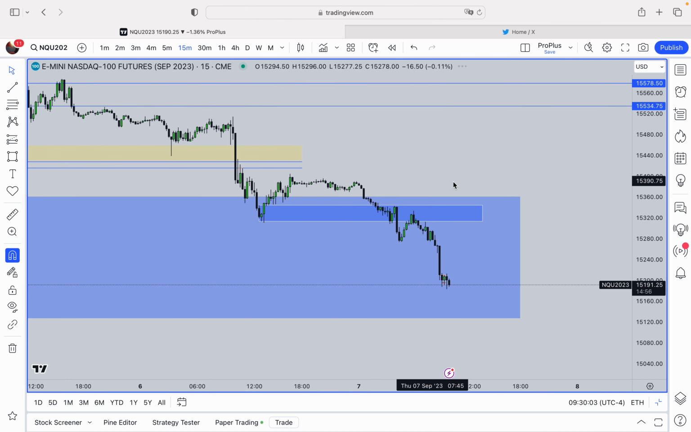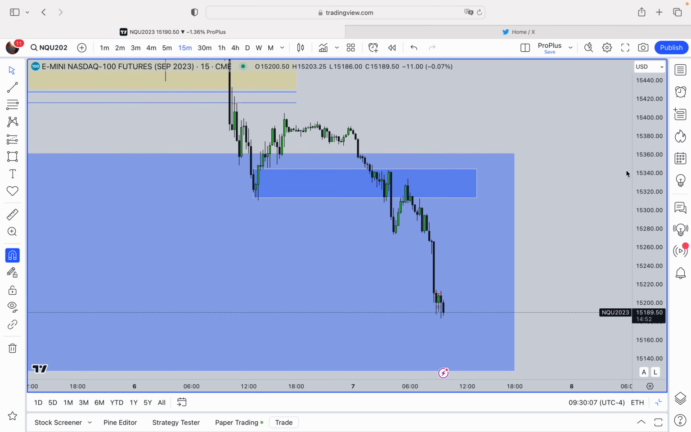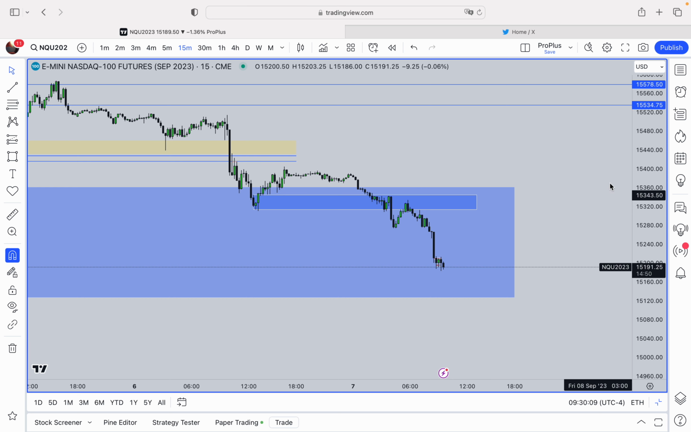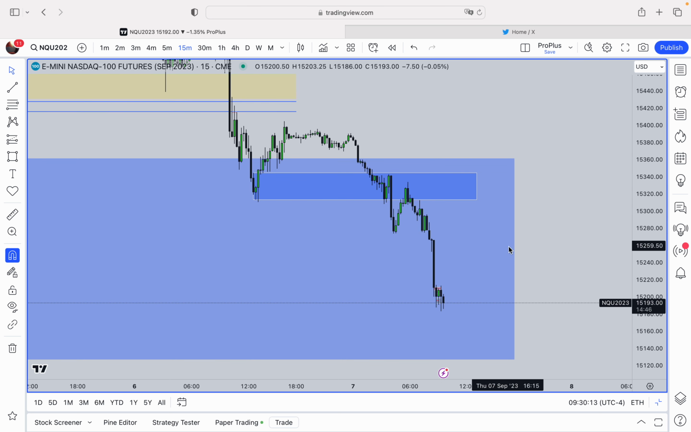And so if our bias is short, and this whole big blue rectangle here, this is the BISI. So if we're trying to short it down to, I'd say, the consequent encroachment and the low, you can also do the 75% and 25% as well. I'll draw them on quickly now. Okay,